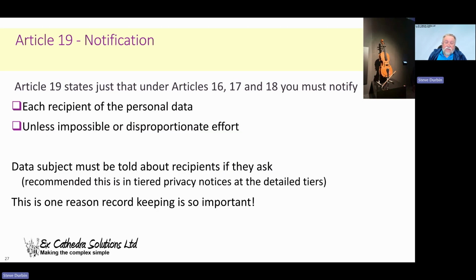Okay, and the data subject must be told about recipients. They should have been told in the privacy notices anyway. But commonly privacy notices are kept simple. It's a good idea to have tiered privacy notices. So you've got a level 1 privacy notice, which just gives the basics for compliance with the law, and then a level 2 and then possibly even a level 3, giving more detail for people that want to know more about data protection. If you want examples of this, have a look at any of the North Central London GPs that have used my privacy notices,